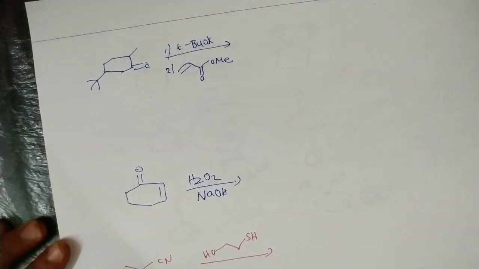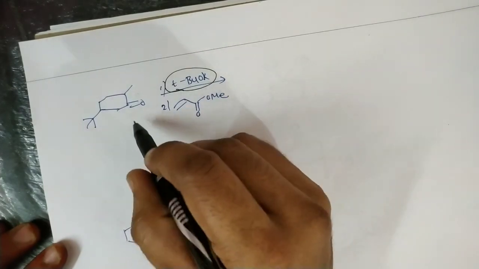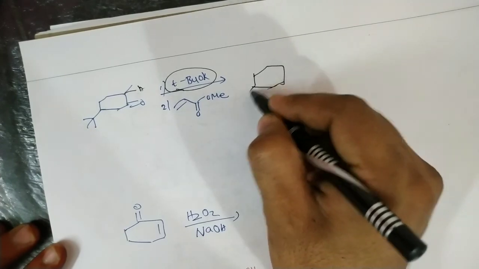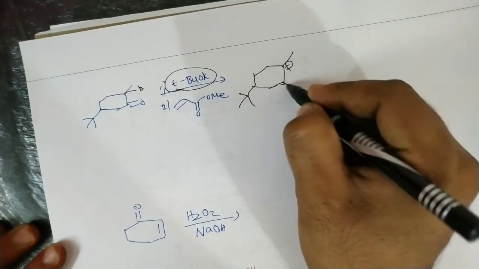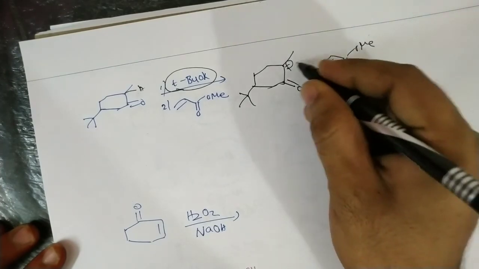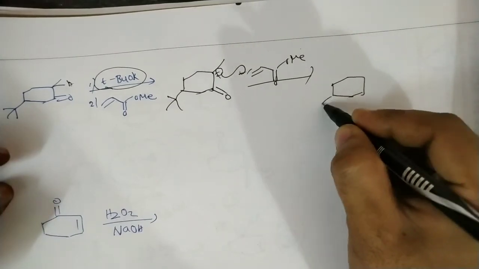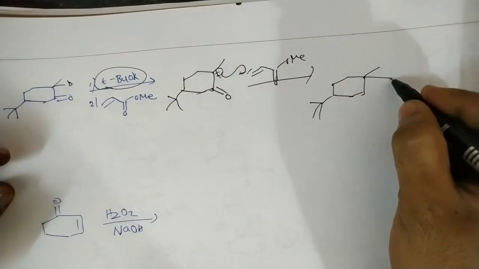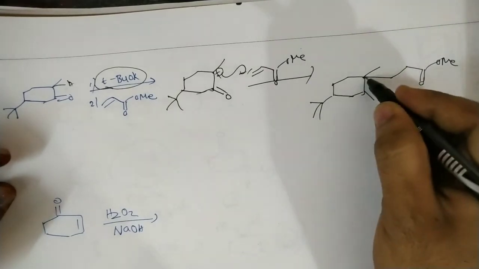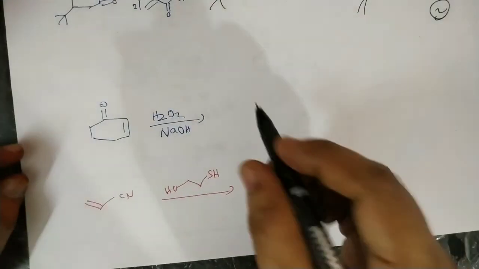And next, one more reaction. In this case, a tertiary beta alkoxide removes the proton from this carbon, so we will get the anion that is involved in a conjugate addition reaction. This is the ester actually, so that is involved in a conjugate addition reaction. So this is the product actually, with the double bond. Of course it is a chiral carbon, so you get two products. And next, one more very simple example.